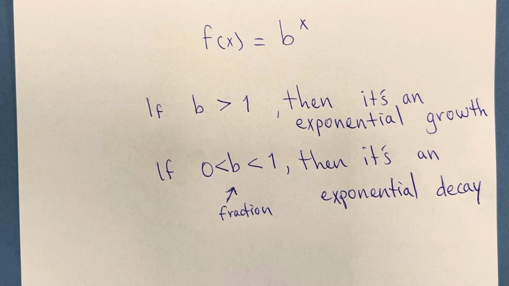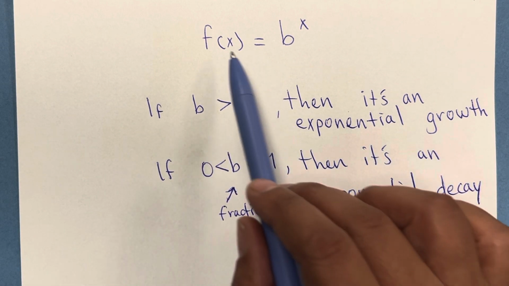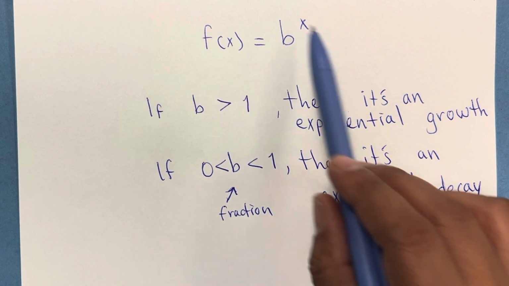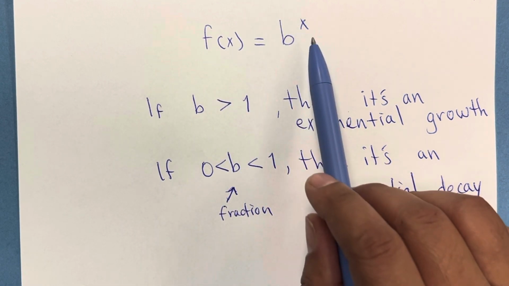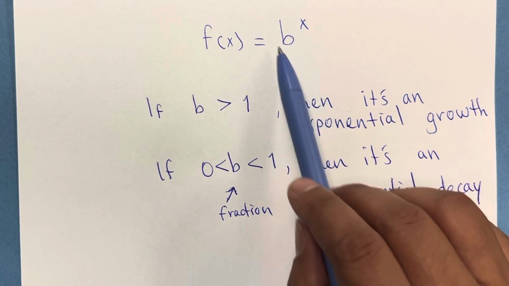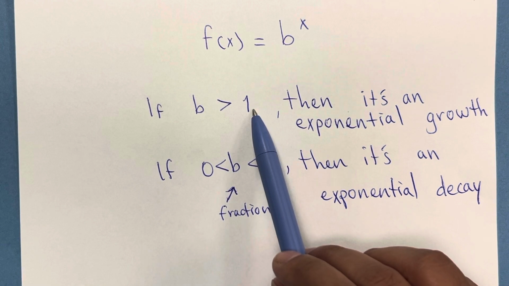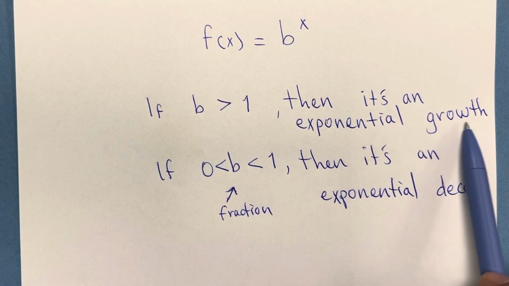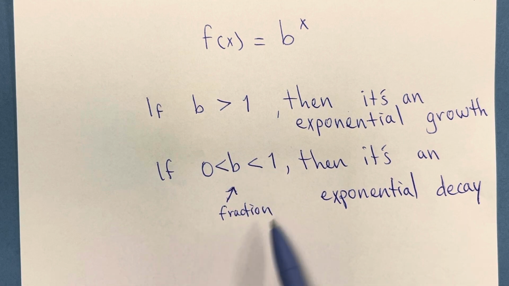And so we are going to be able to identify, before we even graph, whether our function will be an exponential growth or exponential decay. The function will be written in this form, f of x equals b to the x power, and this b is the number that will change. If b is a number that is greater than 1, then it's an exponential growth. If b is greater than 0 but less than 1, meaning that it's a proper fraction, then it's